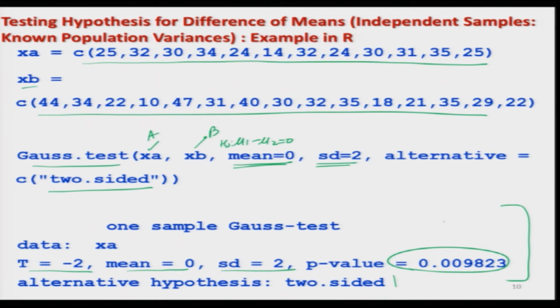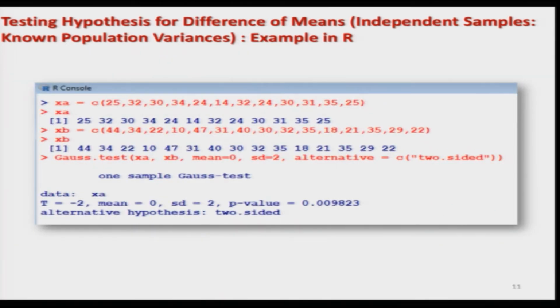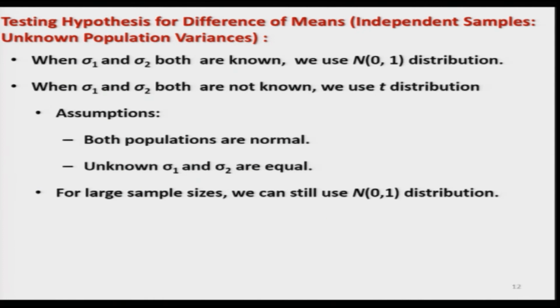So, now you can just compare whether p value is less than alpha or not. In case if you try to take alpha to be 0.95, then what will happen? This p value is smaller than alpha, and we will say reject H naught. That means mu 1 minus mu 2 is not equal to 0, right. Now, whether it is increasing the weight or decreasing the weight, that we do not know. For that you have to conduct the other two types of hypothesis, and this is the screenshot of the same outcome, right. And I will try to show you on the R console, but let us first consider the second